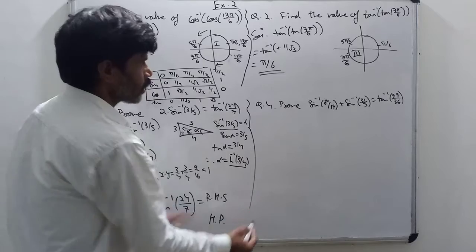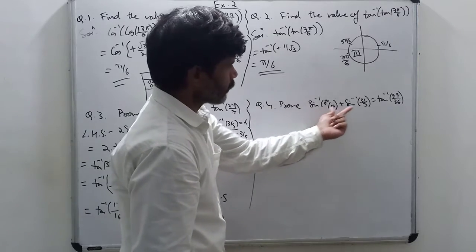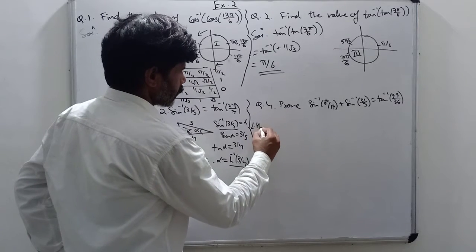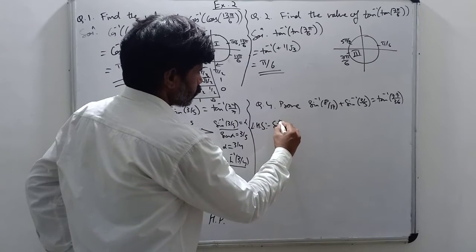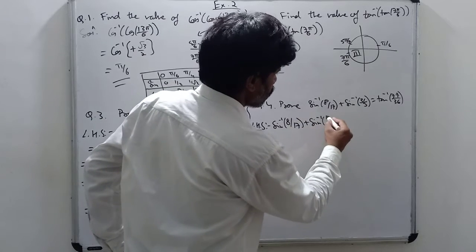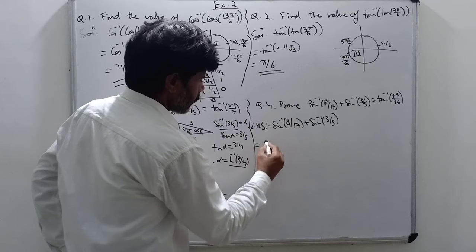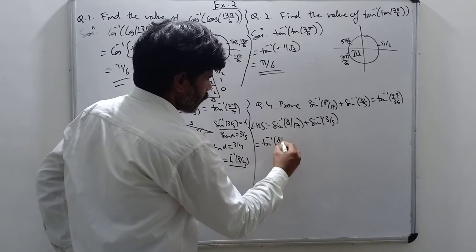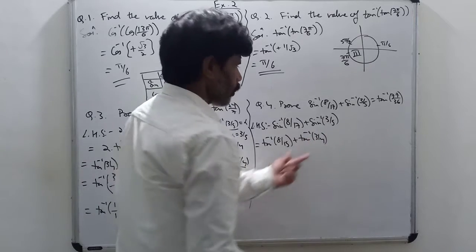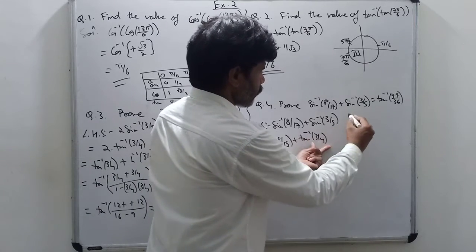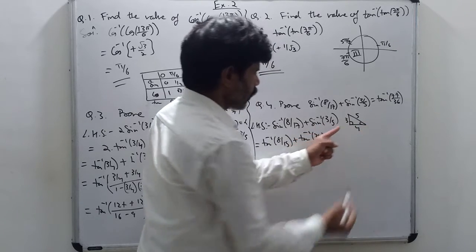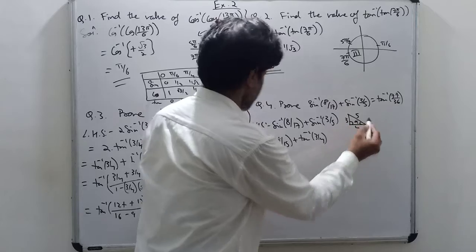Okay. Now we'll see question number 4. Prove sin inverse of 8 by 17 plus sin inverse of 3 by 5 is equal to tan inverse of 77 by 36. So I am starting with LHS. Sin inverse of 8 by 17 plus sin inverse of 3 by 5 is equal to, I am writing, tan inverse of 8 by 15 plus tan inverse of 3 by 4. Why? Because of the right angle triangle. If for this I am making sine, it means opposite upon hypotenuse. So this will be 4, and tan will be 3 by 4, as I have explained here.